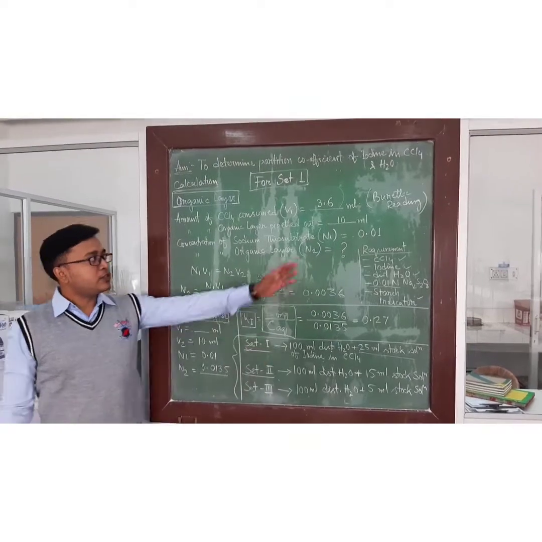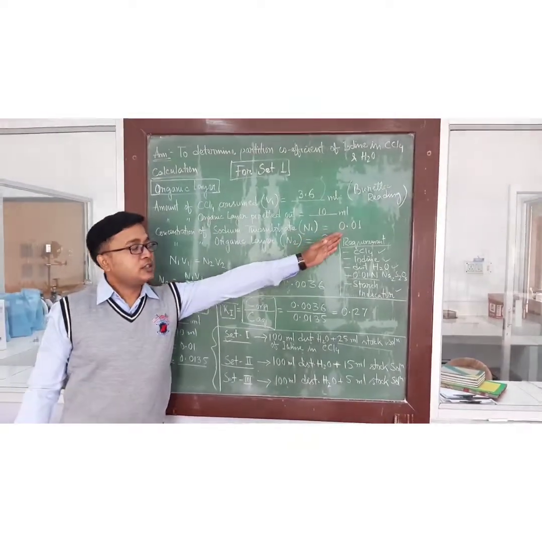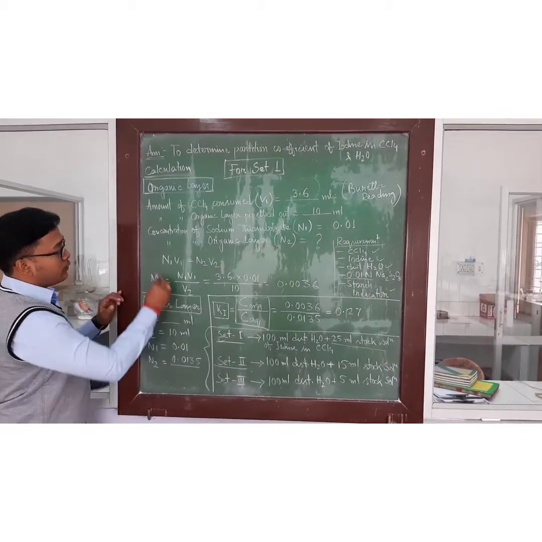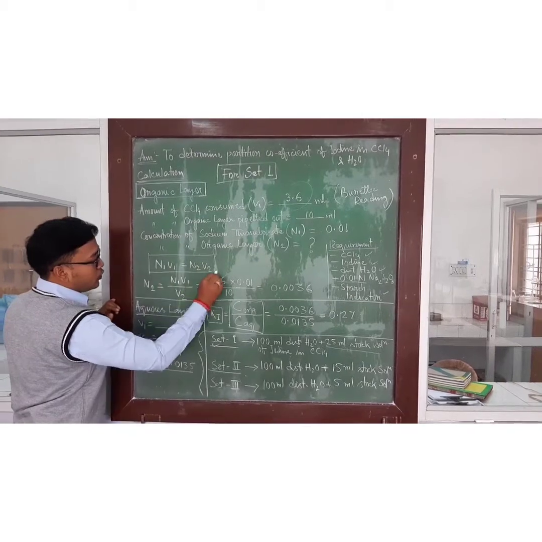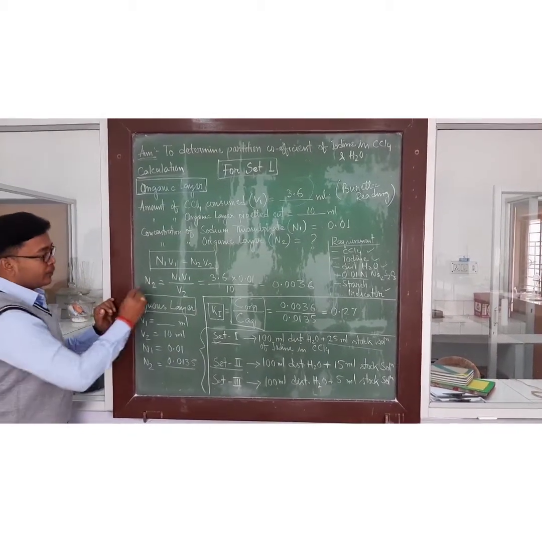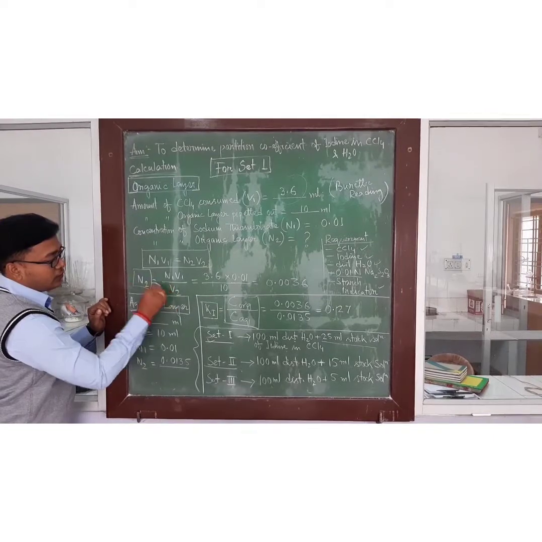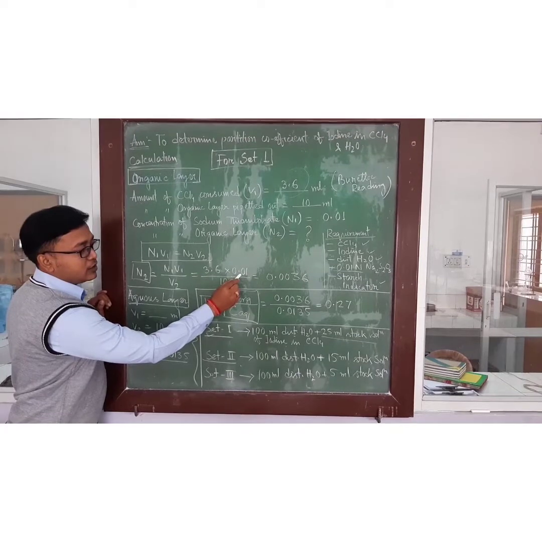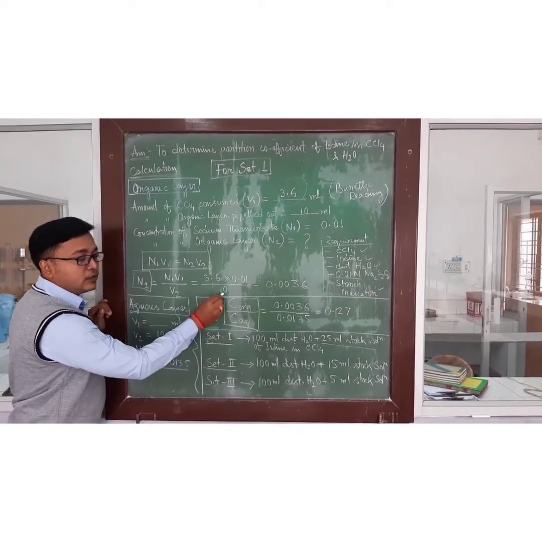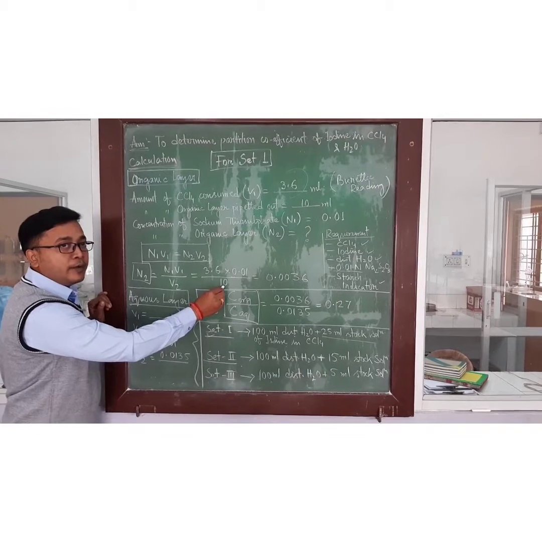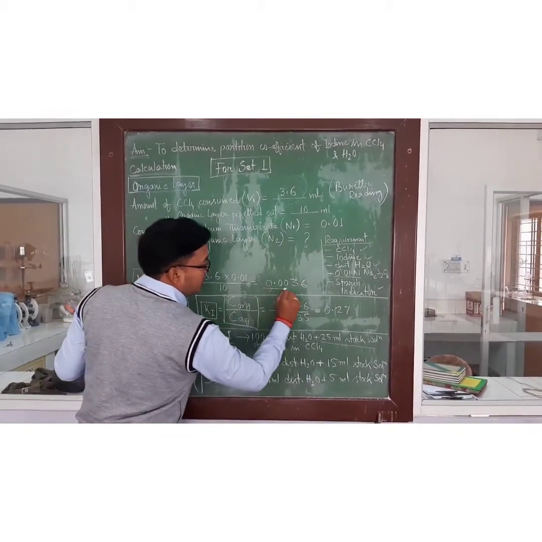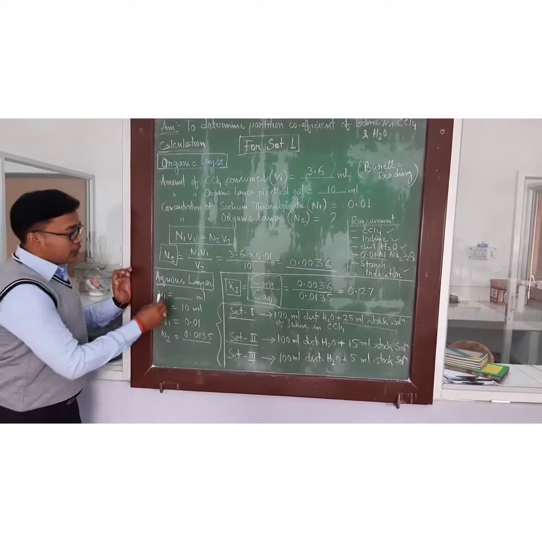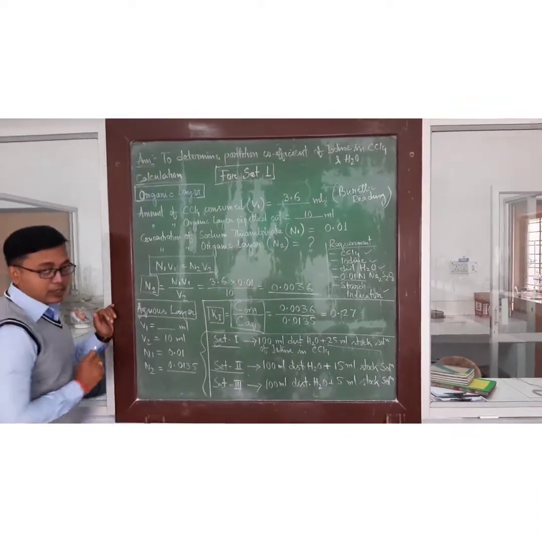The concentration of sodium thiosulfate, that is N1, the strength, is 0.01 normal. So we have to calculate N2. We know the formula N1V1 is equal to N2V2. So by using this simple formula, we calculate N2 as N1V1 upon V2. Just put in all the values: 3.6 burette reading, this is the strength of sodium thiosulfate, and this is the volume of organic layer we have taken for titration purpose. So we got this reading, 0.0036.